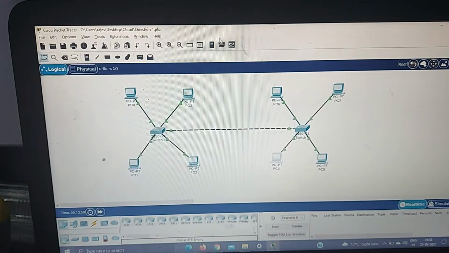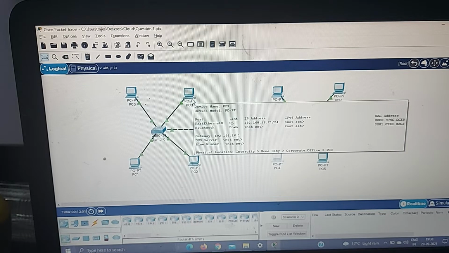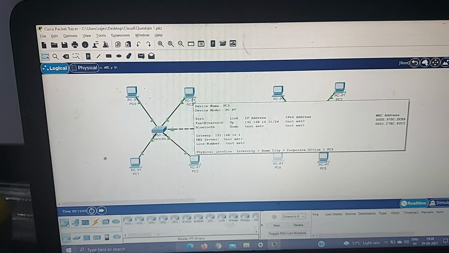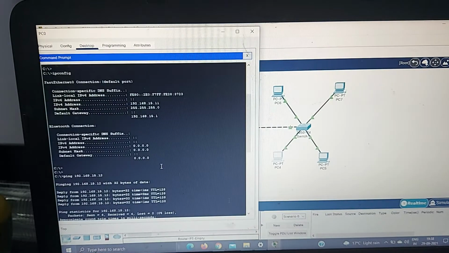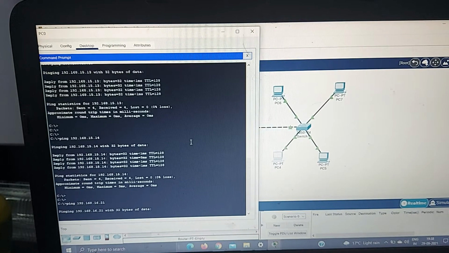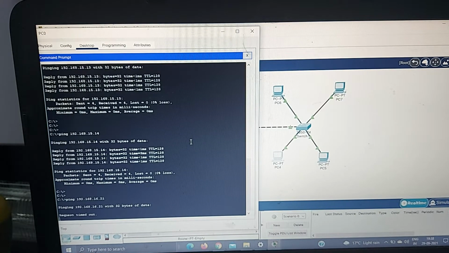I have put 16.21 here, so I will cross check whether it is okay. Yeah, the IP is 16.21, I try to ping 16.21, and I am not able to ping to another VLAN.